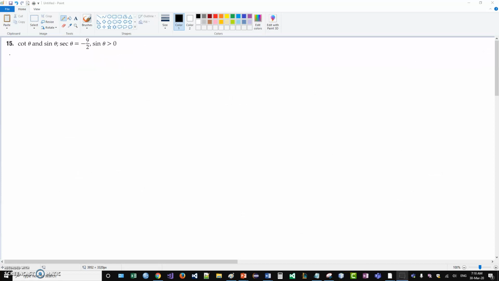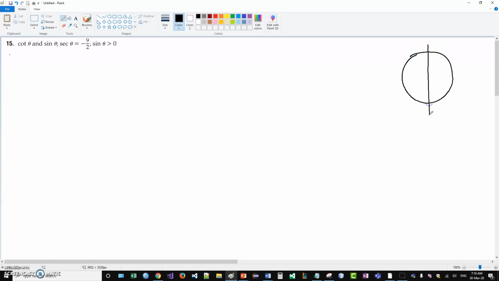Let's look at another example similar to the one that we did. Number 15. We want to find cotangent theta and sine theta, given that secant theta equals minus 9 over 2 and sine theta is greater than 0. Again,